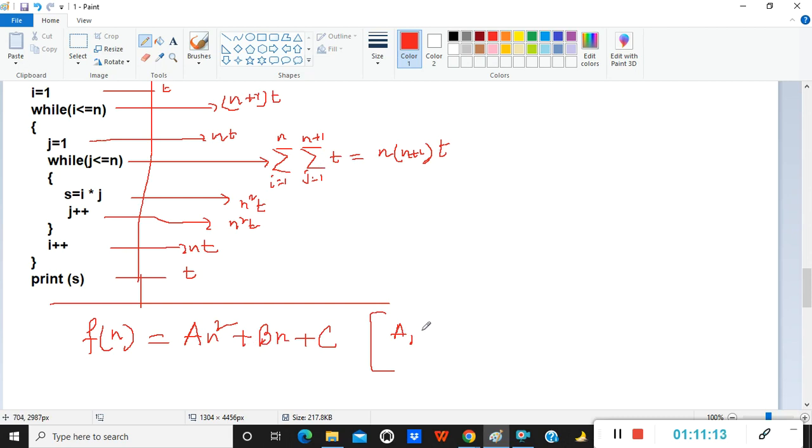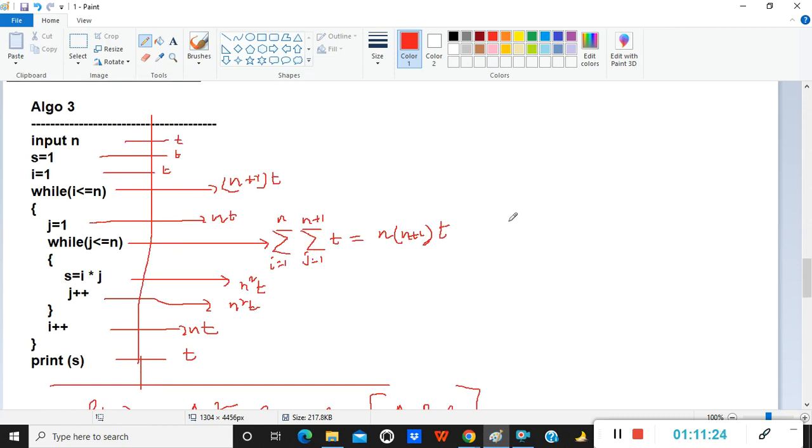All constants, you are getting it, na? Yes, I'm getting it. So a, b, c all are constants. So the functions, the algorithm of this type. Now, what do I mean by this type? Again,